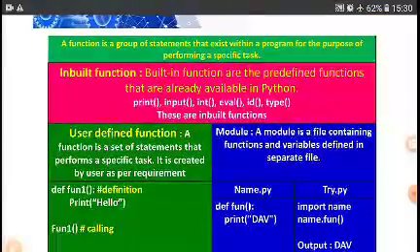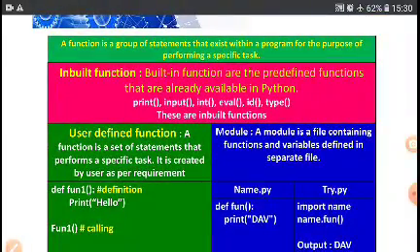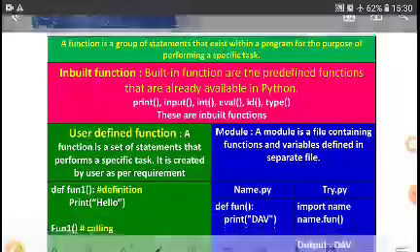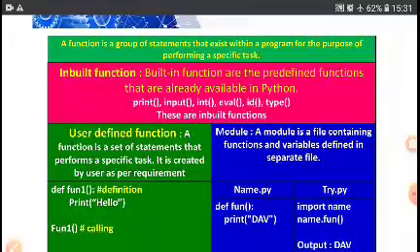This is the definition line of the function, and fun1 is the calling line of the function. Definition line and calling line are the two most important parts of a function. Fun1 is created by me for printing hello.